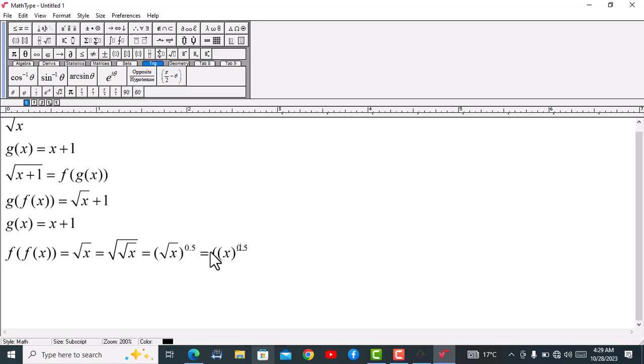But all this is inside of 0.5. So I'm going to come here and do this. Good. And then I'm going to raise this to 0.5. Good. And then what I'm going to do now is just to multiply these ones. So I'm going to have my x, and what I will do there is just to say 0.5 times 0.5. That would give me